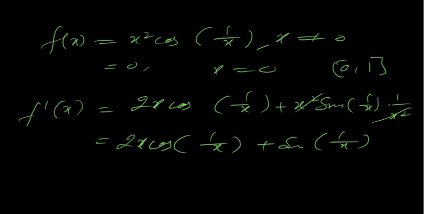But the sine function is always bounded, cos is always bounded, and x is also bounded by 1. So you can see the mod of f dash x is less or equal to 2 plus 1, because mod of cos of 1 over x is less or equal to 1, and mod of x is also less or equal to 1 because x belongs to the interval 0 to 1. So it's twice 1 into 1, that's 2, plus 1, that's equal to 3. Therefore the derivative of this function is bounded, and it's a differentiable function, so it is of bounded variation. So thank you. Next we'll take the new